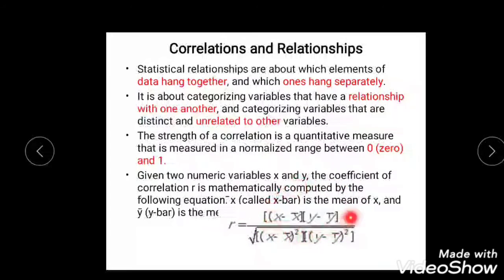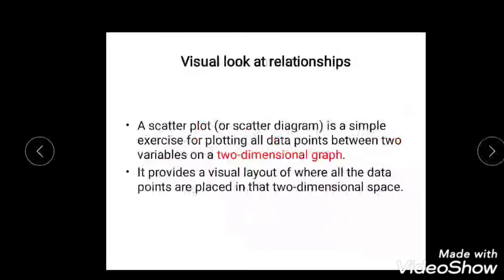Let us know about these things like r and calculating the other things, like working out with linear regression, working out with non-linear regression, how to find slope and intercept. All these things we shall be discussing when solving a problem on regression analysis and non-linear regression analysis. Okay, so that is correlation and relationship.